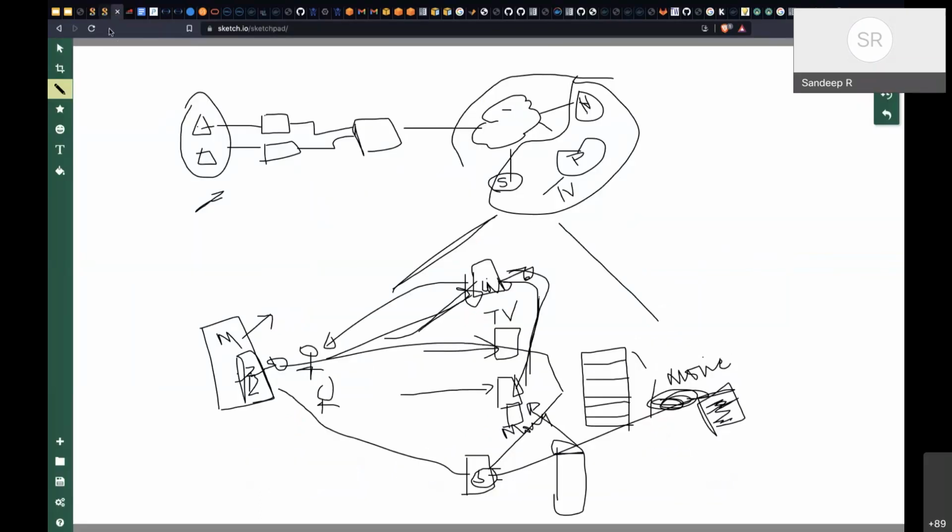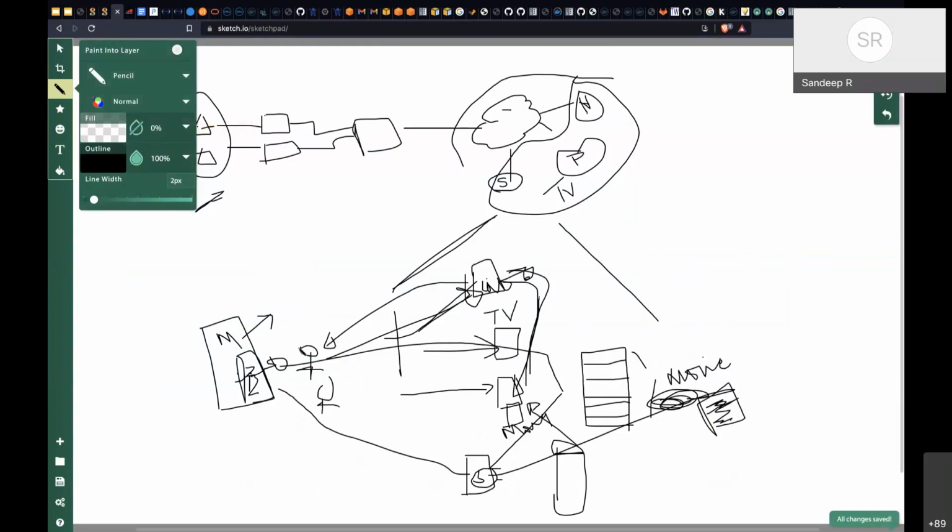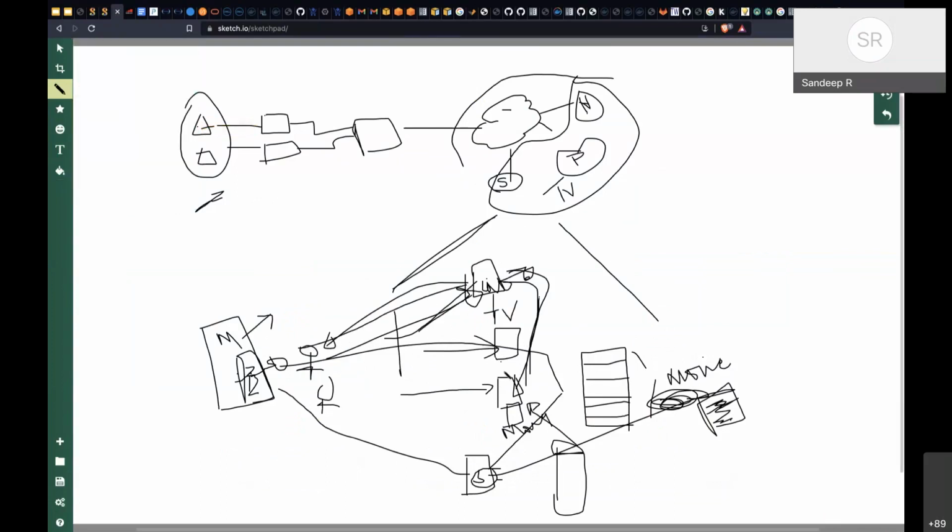Okay, so I think I'm just trying to answer Nidhi's question still. What does NFV mean for this kind of company, a streaming company? Let us say they want to introduce a new message queuing system. All the servers are connected like this, and each server is talking to each other.